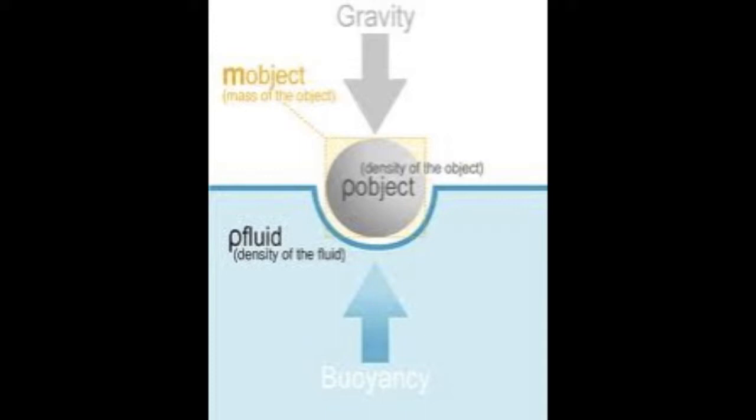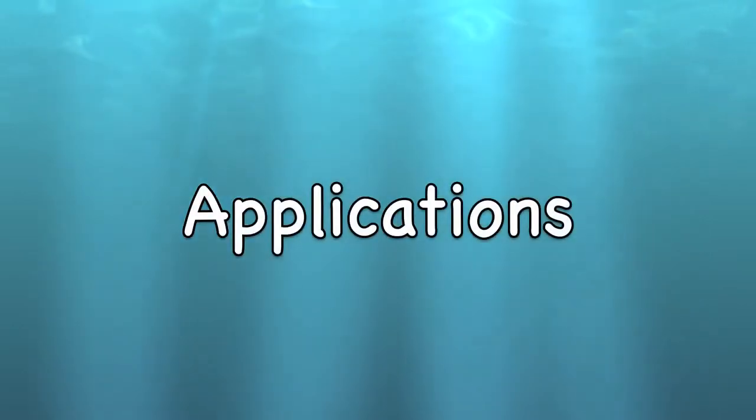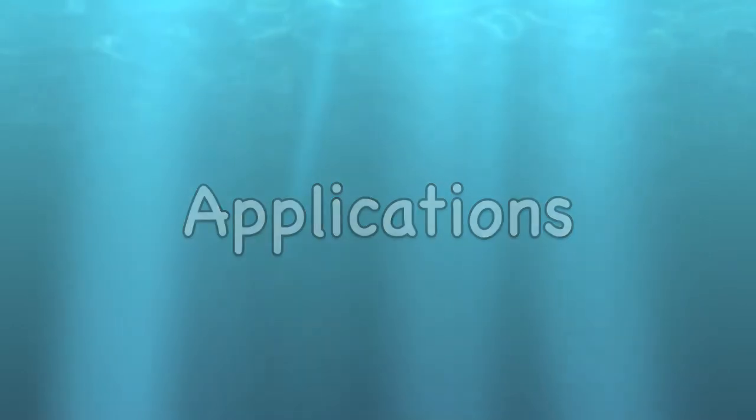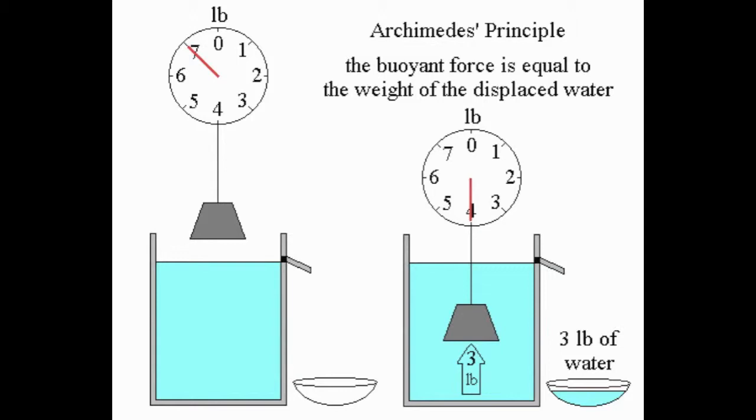Here are some applications. The first one is using apparent weight to determine the density of an object. As you can see in the diagram, an object weighs 7 pounds before putting into water. After putting into water, it weighs 4 pounds and displaces 3 pounds of water. So the weight of the object is 7 pounds and the buoyancy force is 3 pounds. How can we use these numbers to solve the density of the object? Well,